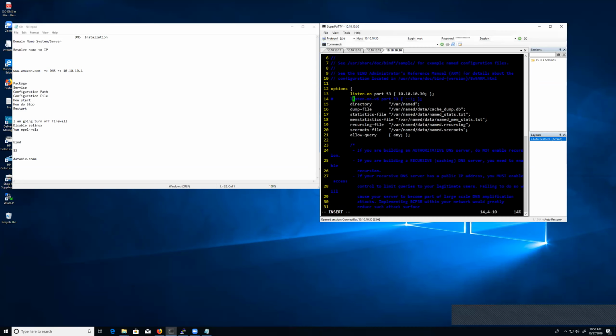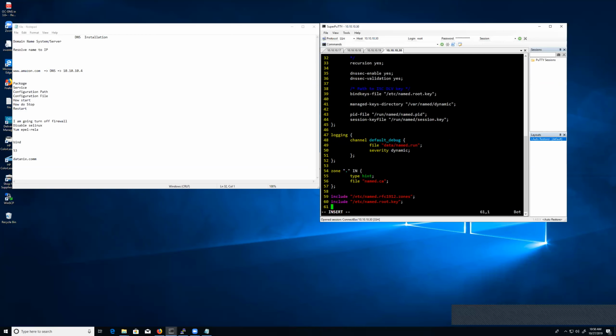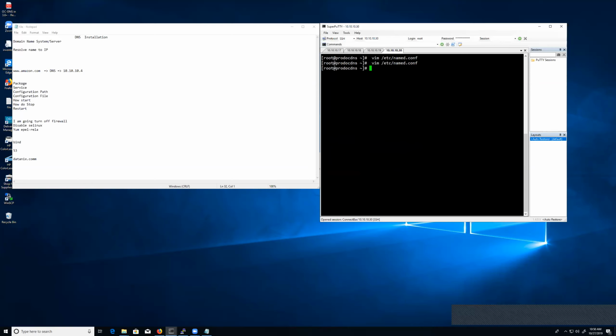I commented out line 14. I added any to line 21. And I said pay attention to line 59, okay, which is rfc1912.zones, okay? So we are done with this file. We can go to